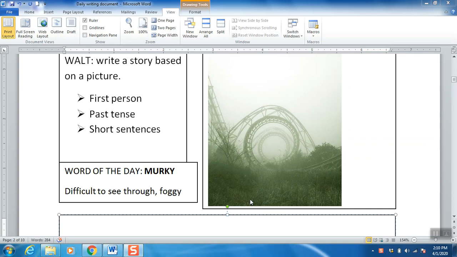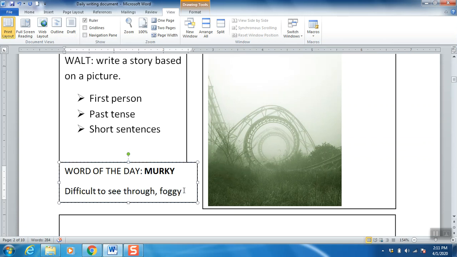You can see here that it looks to me like an old roller coaster that spirals off into the distance, and you can see that it gets fainter and fainter as it goes further and further away. It also looks quite overgrown here, so lots of weeds and plants that have just been allowed to grow over the roller coaster. So I'm wondering if it's a roller coaster in an abandoned theme park or something like that.